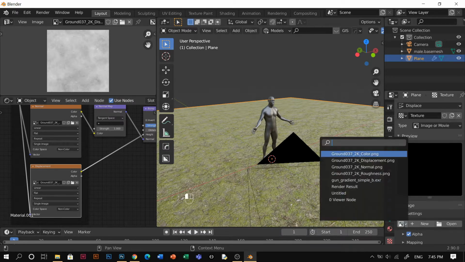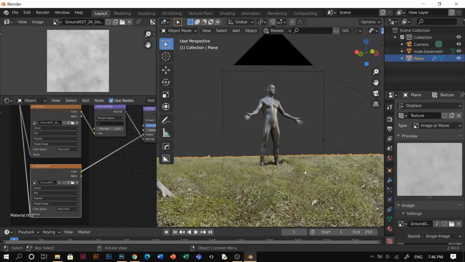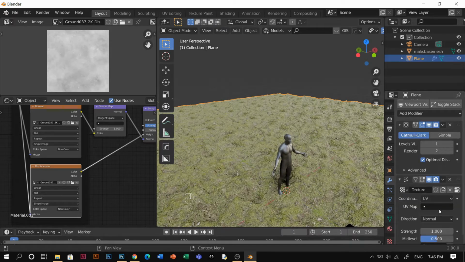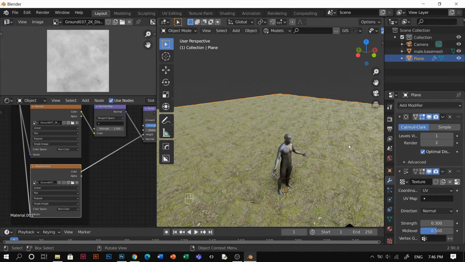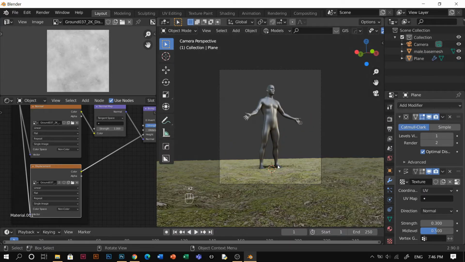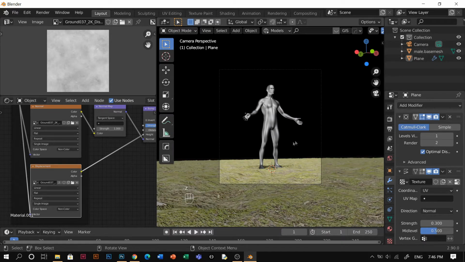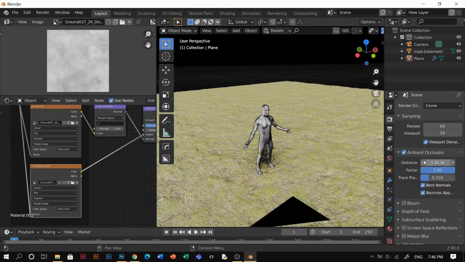So you could just take it, use that here, and then this is what you will get, right? And the strength of it is pretty strong. So I'm just gonna drop it low, which is 0.3 probably. Yeah, it doesn't have to be that strong. It's okay. So after this, let's have a look, because we were playing with the ambient occlusion,